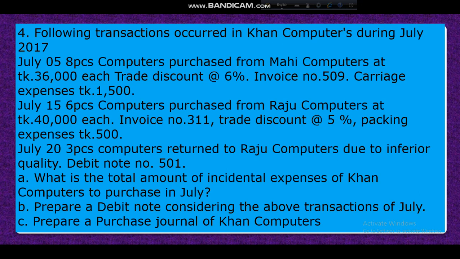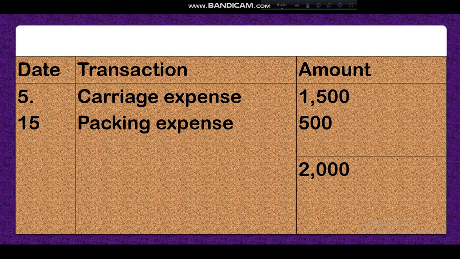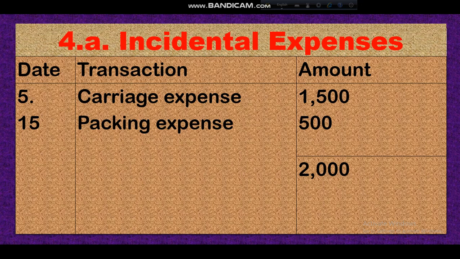This is CQ4 from your books. Dear student, all of you take your books so that you can easily understand the math. First requirement, amount of incidental expenditure. You know incidental expenditure is the expenditure which is paid for purchasing or selling any goods. That means at the time of purchasing, if I give any extra expenses except the purchase, like you go to a house building to buy a shirt, and that time if you pay any conveyance, that will be incidental expenditure.